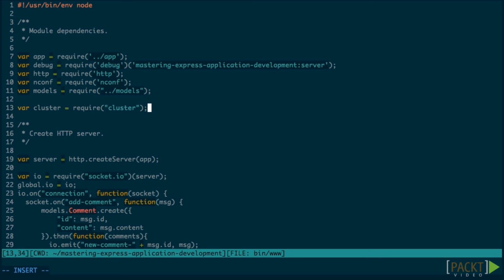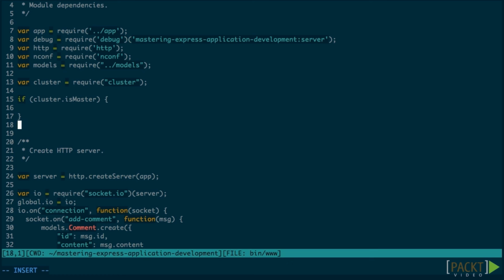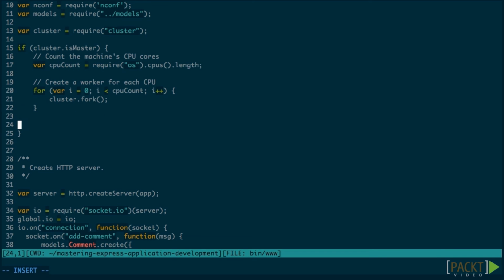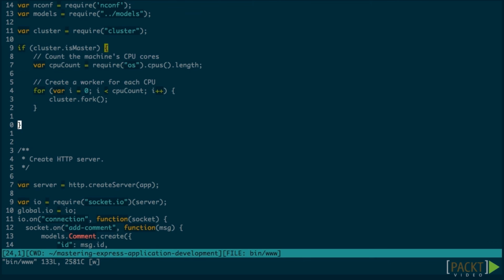When using cluster, the script knows if it's the master process or the child process. We can use this to only execute our application in the child processes. In the master process, we have to tell cluster to spawn child processes. Typically, you want to spawn one child process per core available. To do this, we use the os core module to detect how much capacity we have available instead of having to